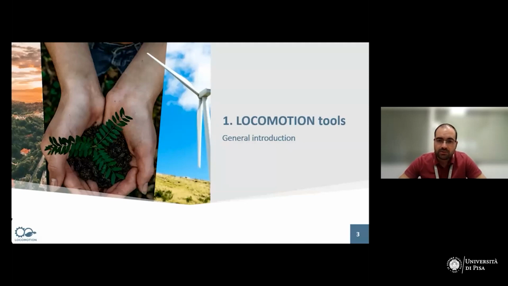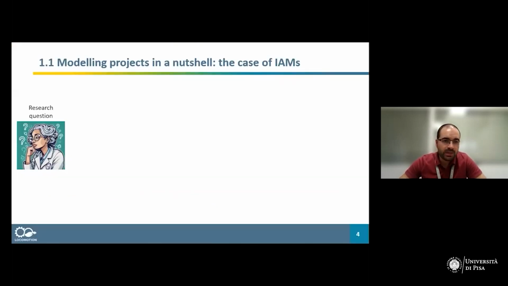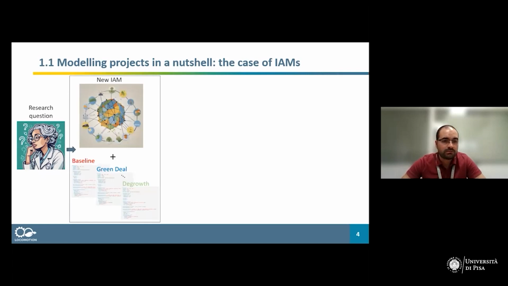Well, starting with the tools, at the end, all these modeling projects start with the research question. This research question is based on the call. The call is the topic, and the topic that we need to cover with our proposal. And basically, LOCOMOTION starts with the development of a new integrated assessment model, and